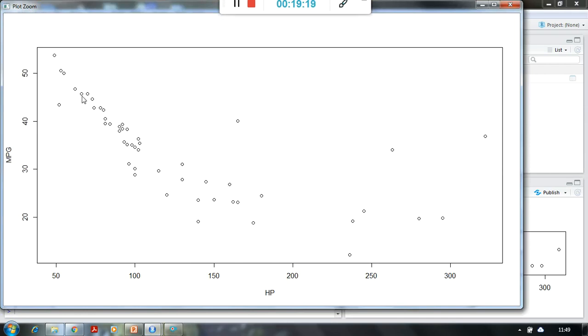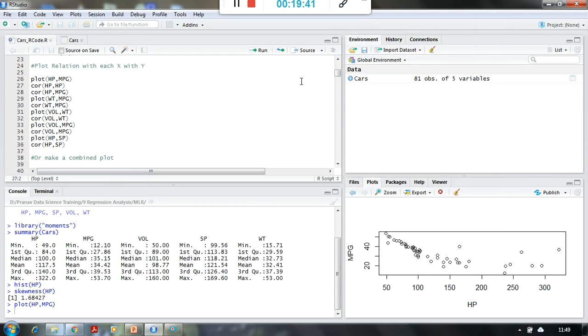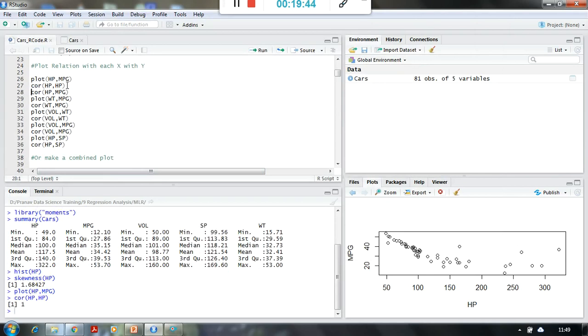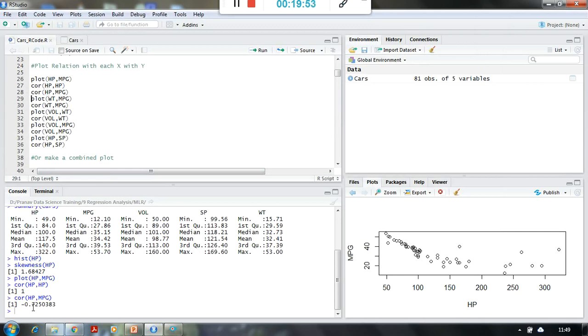But because there is a negative correlationship, we are not sure whether it is poor or moderate, and for that we have to see the objective measure by checking the correlation coefficient. But if you can see over here from the picture, then yes, definitely we can say that HP is going to help us to some extent to predict the MPG. That's the meaning of this scatter plot. So we can check the correlation with HP, and HP with itself is always going to be 1, as with any variable. So HP and MPG, if I want to see, it is minus 0.72, which is represented by this particular plot in the right bottom corner, right?